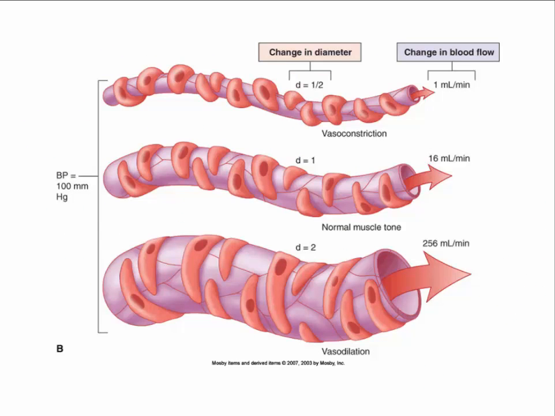This diagram reviews how the change in diameter of a vessel may affect blood flow when vasoconstriction or vasodilation is present. In this example, the blood pressure is measured at a constant. However, the diameter of the lumen of the vessel is going to affect the peripheral resistance and the amount of blood that will flow through that vessel. The middle diagram represents normal dilation of a vessel, and in this example, blood flow is at 16 milliliters per